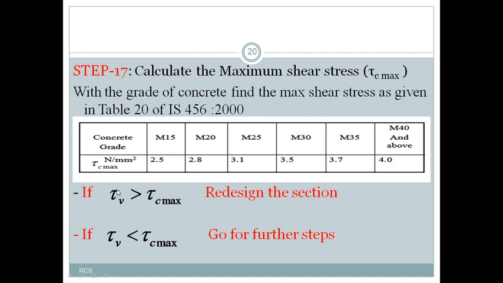Then after obtaining the tau V and tau C max values, we have to compare these two. If your nominal shear stress is greater than the maximum shear stress of the concrete, then the section is not adequate for providing shear reinforcement, because the maximum value is less than your nominal shear stress value. In this situation, we go for redesign of the member. That means we have to reduce the cross section of the beam and reduce the area of steel, so that we can make tau V less than tau C max. If you directly obtain tau V less than tau C max, then we go for further steps,